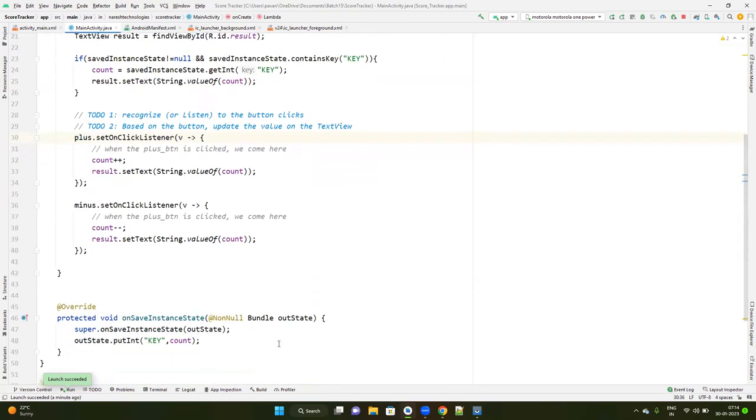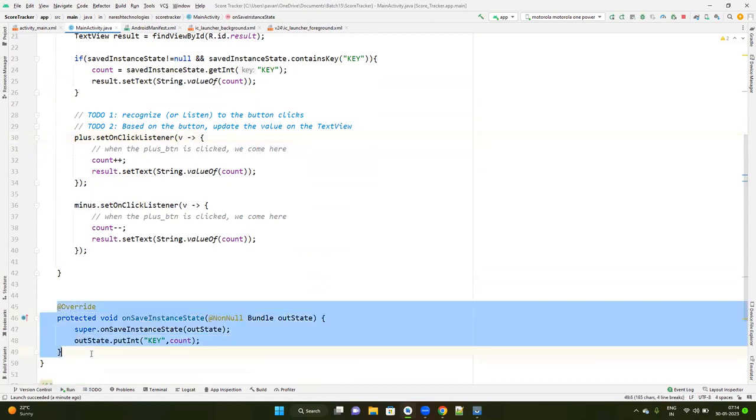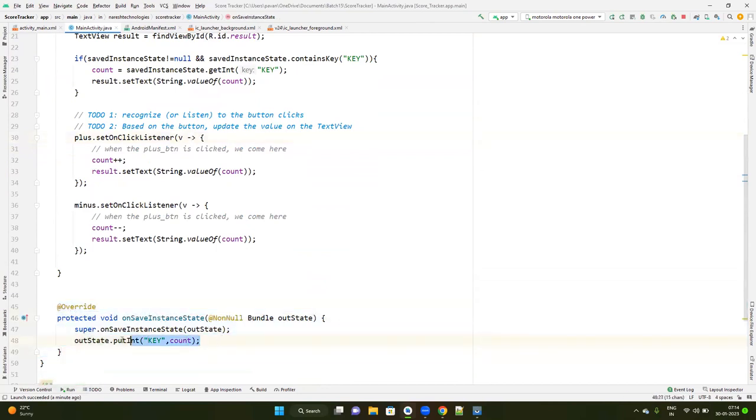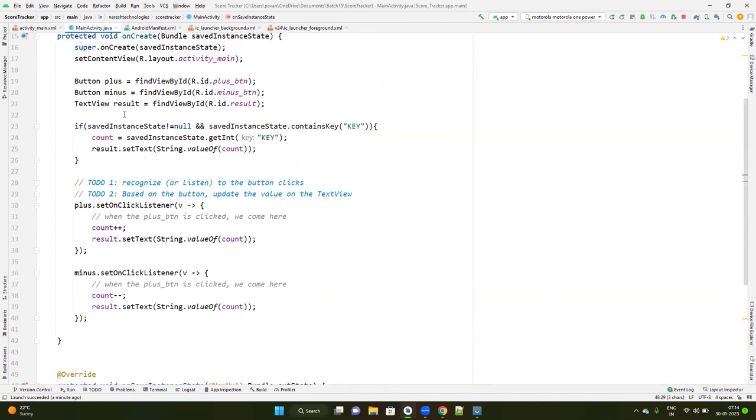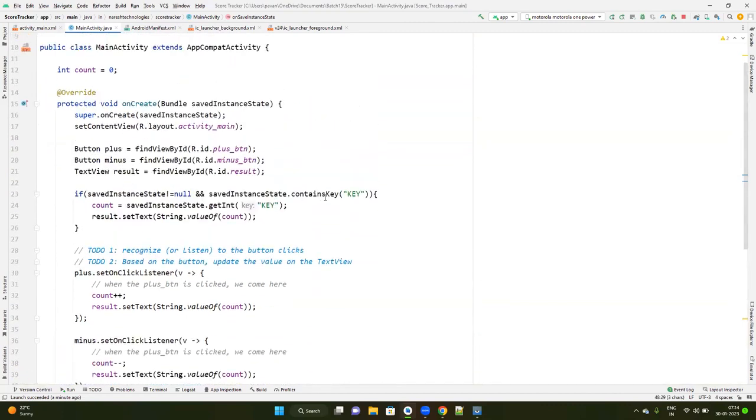So you might have understood the concept that you need to use the onSaveInstanceState method and store whatever number of values you have into the outState bundle object along with keys. And once that is done, you can come to the onCreate method and check if the values are stored and retrieve them if the values are stored by following this condition. This is quite easy to remember. However, understanding what is happening in the background is also essential,